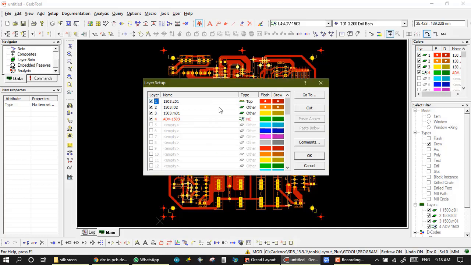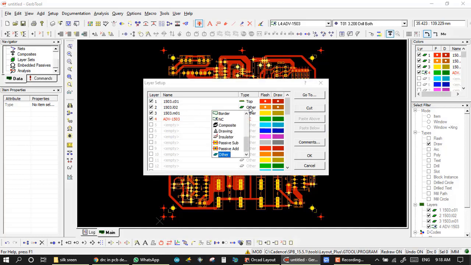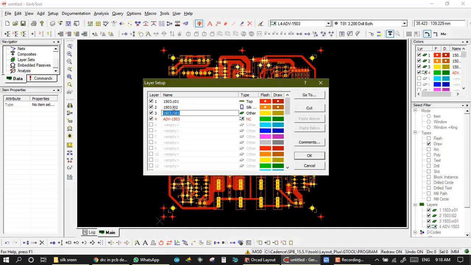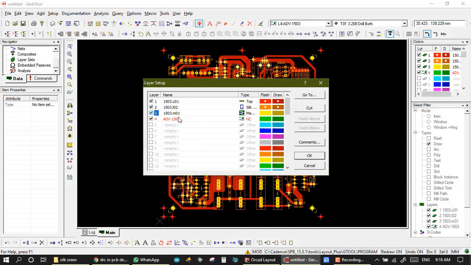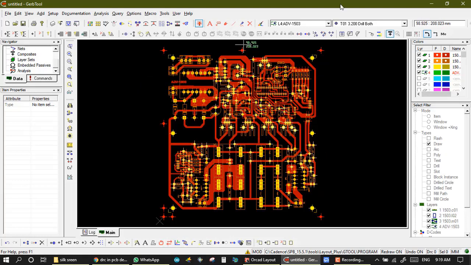L02 is silk bottom, so we set silk bottom. M01 is top mask, so we set mask top. And the NC layer is set by default. So okay, and now we set colors of the layers for visibility.